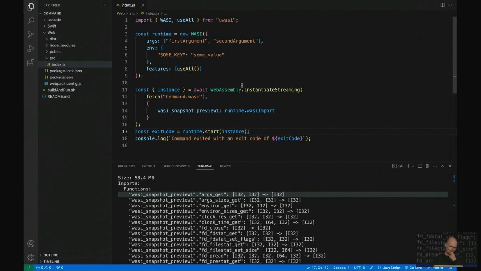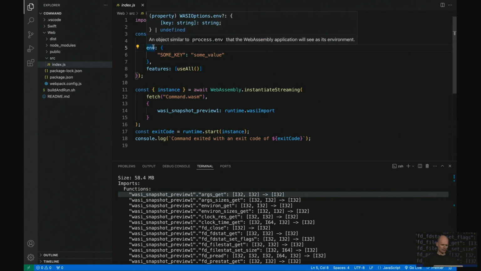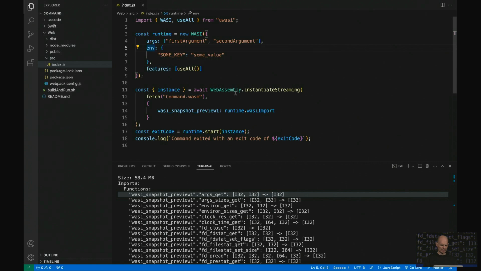what we have to do is we have to first load a WASI runtime. This is micro WASI. You can use whatever runtime you want as long as it's compatible. I'm just using micro WASI because it's also provided by SwiftWasm, so I'm just trying out all of their different projects. So I just instantiate a runtime. I just set some arguments, environment variables, just to test if our module is working. Then we can instantiate the module, and then we have to provide a very special object here, which is known